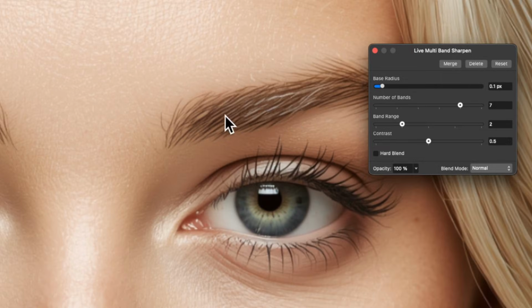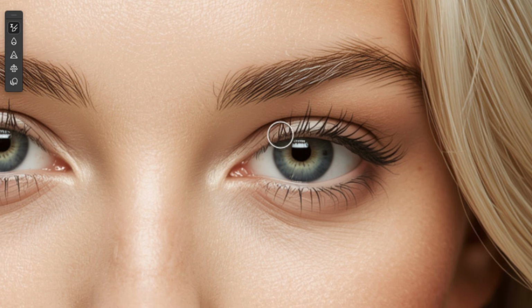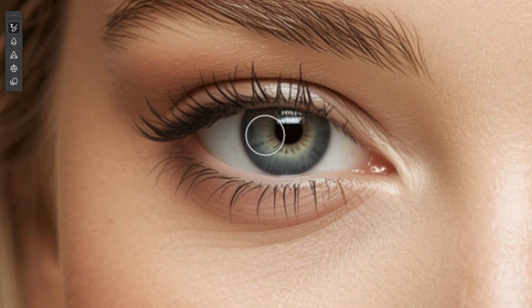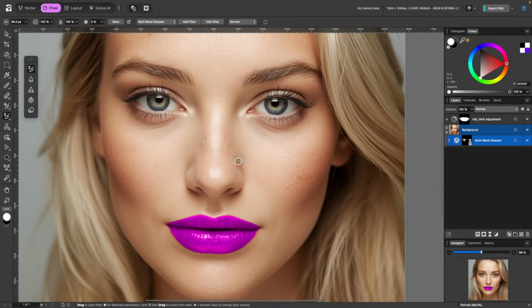Now I'll continue to paint the eyebrows. I'll make the brush slightly smaller, and paint over ever so slightly just to sharpen the eyebrows, the eyelashes, maybe a little bit around the eyes as well. That's probably a bit too sharp there, but hey ho. I'll do the rest for the eyelashes and eyebrows here. Just paint it a little bit, and there we go. That's a lot better, isn't it?